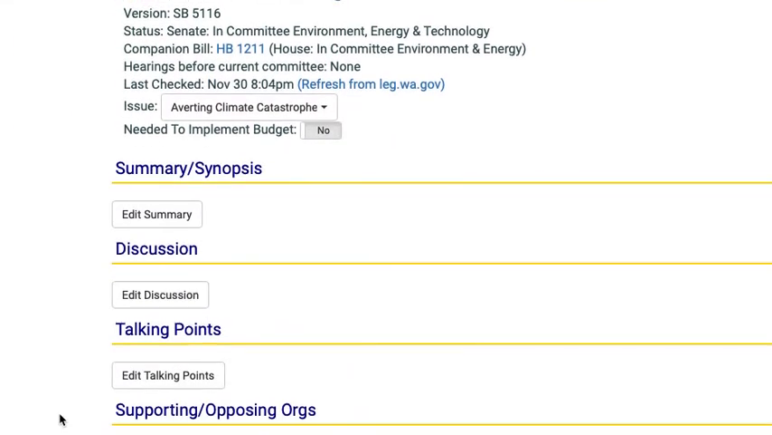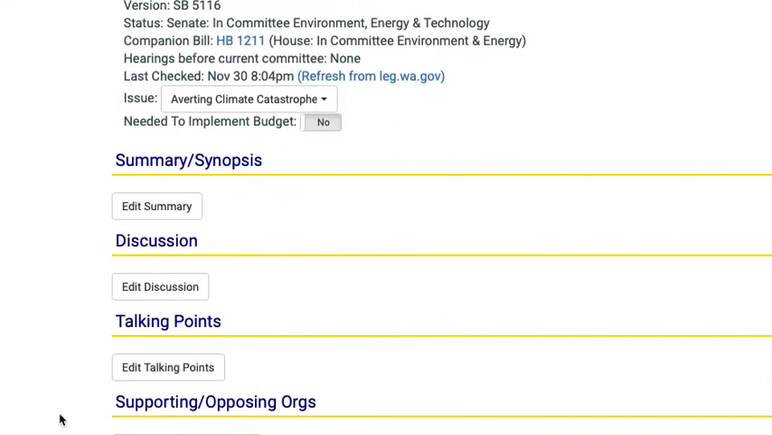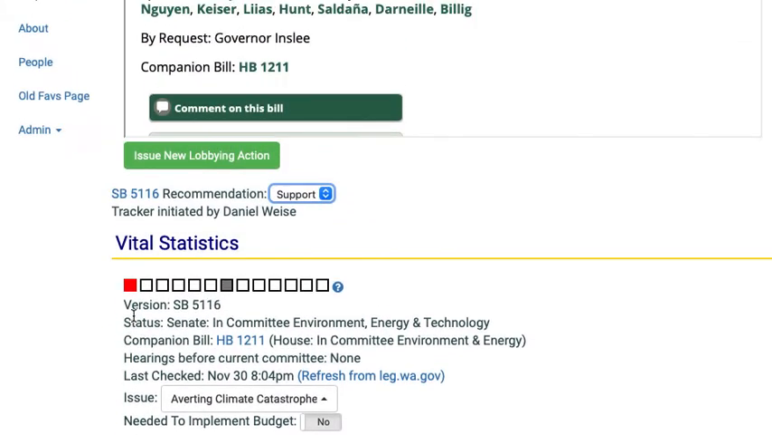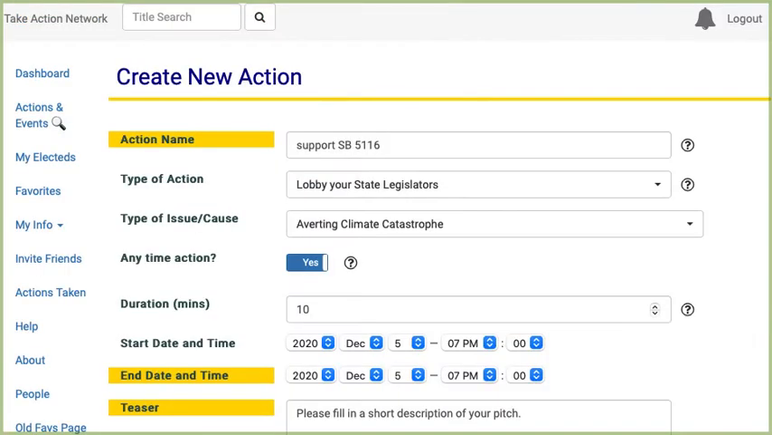A bill tracking page has a place for you to enter summary, your discussion, your talking points as well. There's some other fields below here you can't see. They're all along the same ilk. But having done this, now let's issue our new lobbying action. So what we now have is a completely filled out form for creating a call to action, which I'll probably